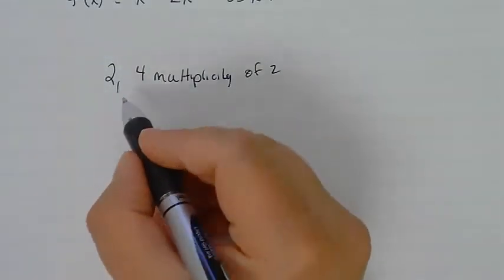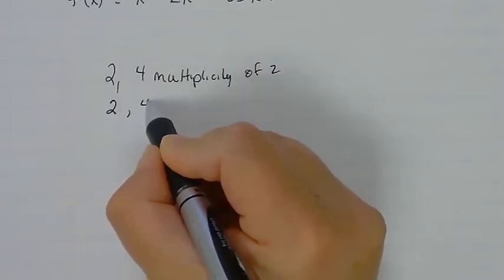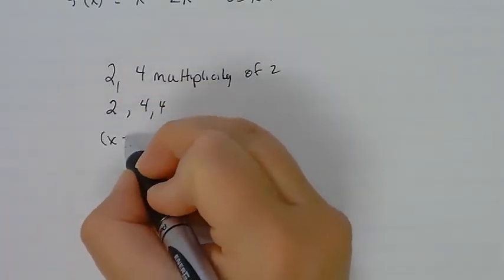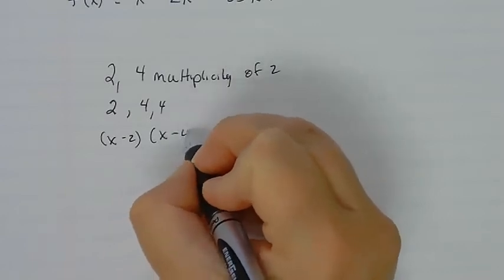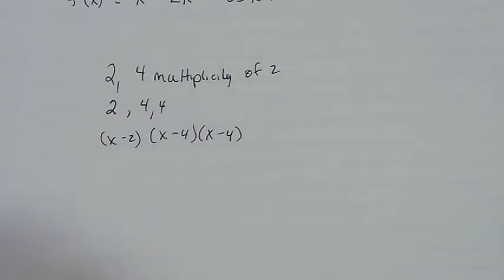So really, this is telling me that my zeros are at 2, 4, and I have another one at 4. So this time, I would multiply the factors, x minus 2, x minus 4, and then another x minus 4. I'm not going to multiply that out,